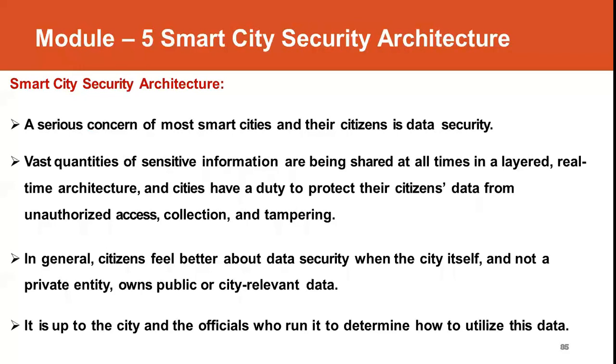There may be vast sensitive information being shared all the time in the layered approach. So it is the duty of smart cities to protect citizen data from unauthorized access, collection, and tampering of the data. In general, citizens should feel that their data is secure, and that some third party cannot just steal their private data.